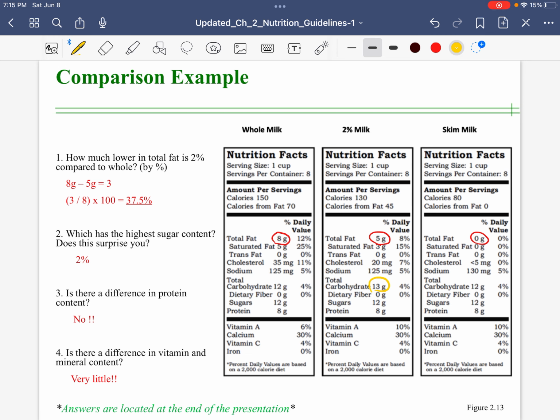So even though you might be a little bit better on the fat, all that added sugar is not doing anything for you either. Is there a difference in protein? No. 8, 8, 8. Is there a difference in vitamin and mineral? Very little. These are the same. This is a little bit lower,